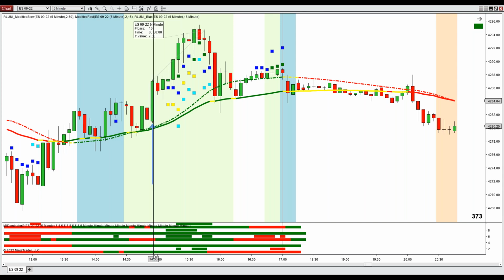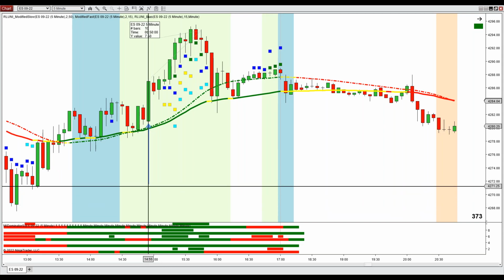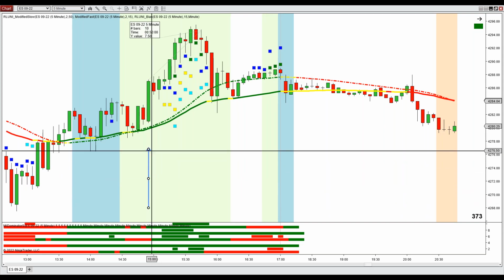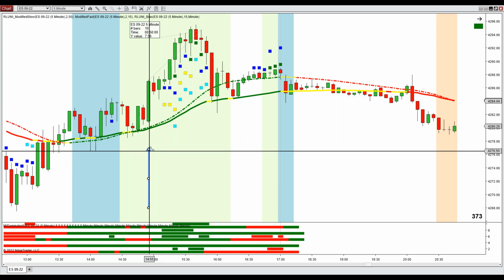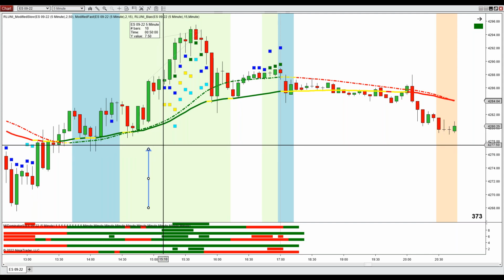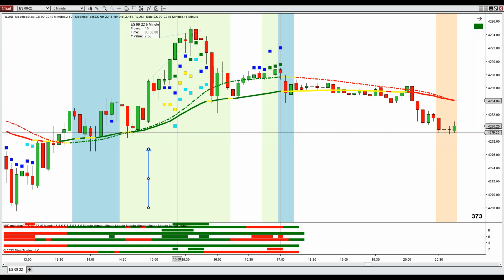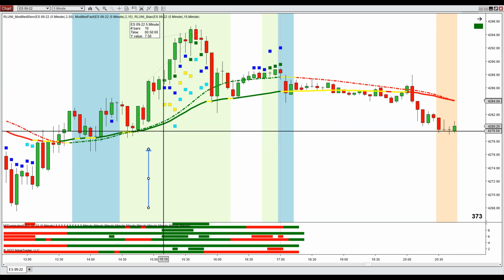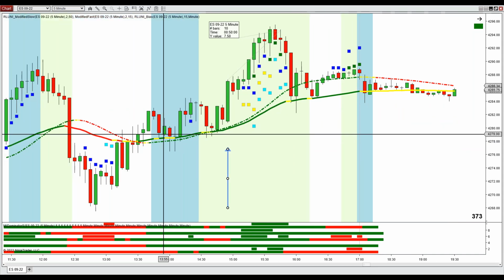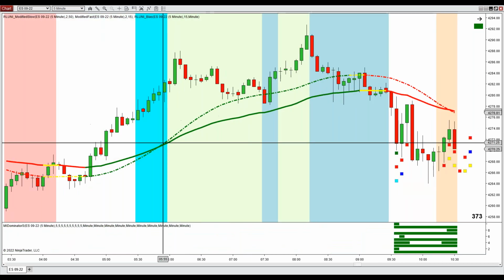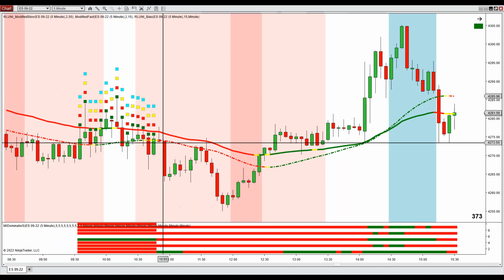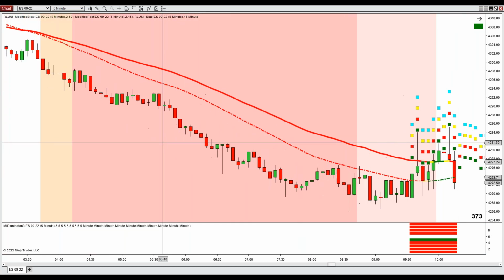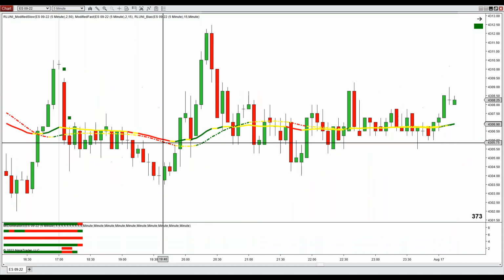Let me see if you have any market internals here. You have nothing, so you can't trade it. Here's your first entry right here. I don't know why I put it here, but it's right here. Now we could tighten these internals even more, but I'm just not going to bother right now. Let me move it over. Nothing. I'm going to look for one more entry, and then I'm going to,